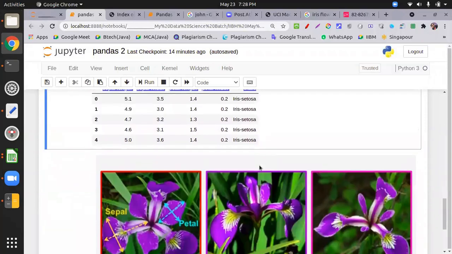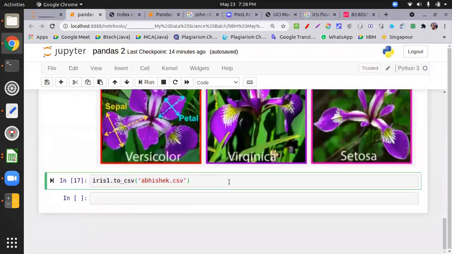Sir, why do we use this? When we use the regression part, we have to compare the actual value and the predicted value. I will add another column to add the predicted value, so we compare actual and predicted, because tomorrow onwards linear regression will start. The predict function gives you only one column of predicted values, but we have to compare them side by side. So we create a data frame side by side and write a CSV, so that once you are working in a company, you can send the result to your client.